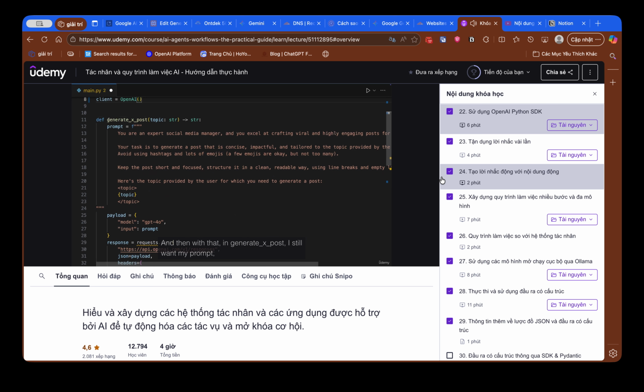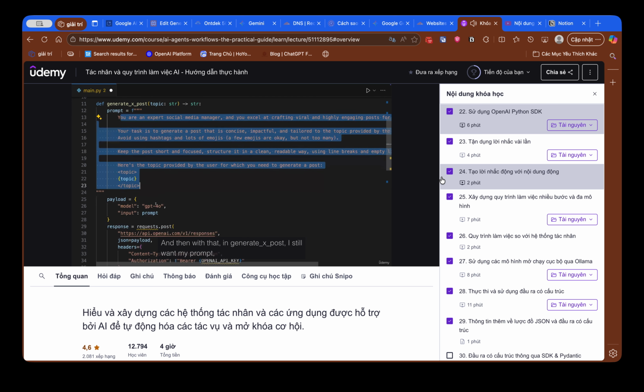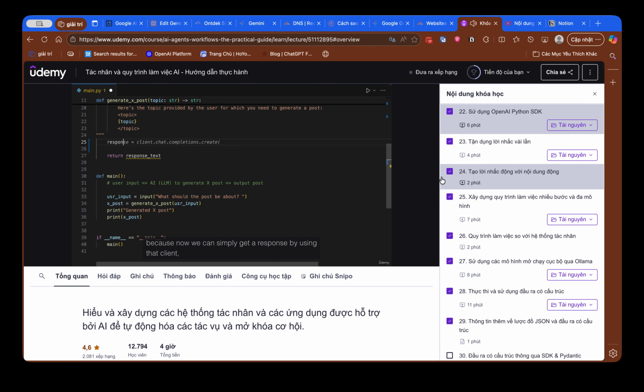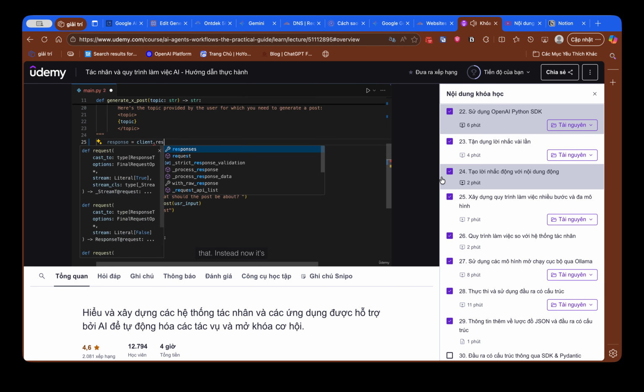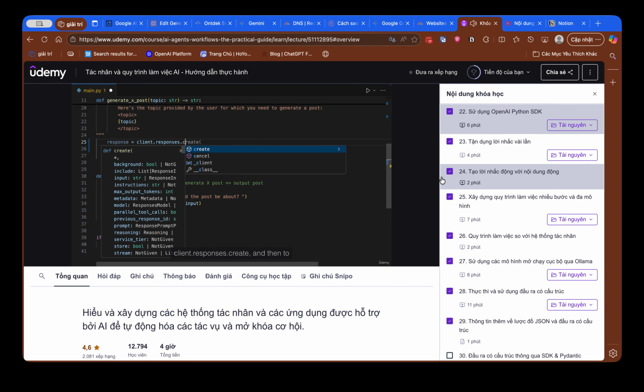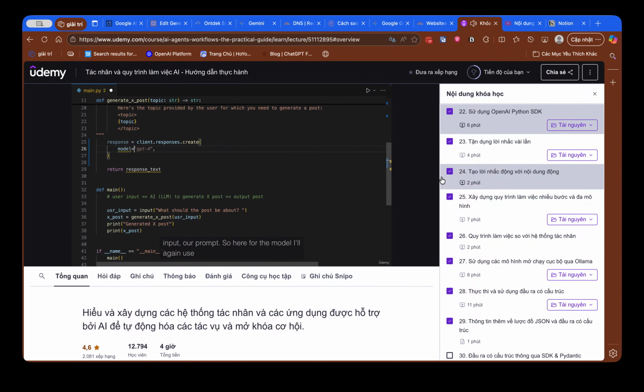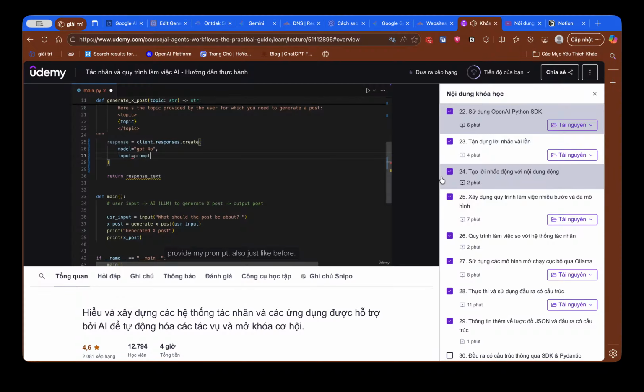And then with that, in generate xpost, I still want my prompt, but this part here changes now. Because now we can simply get a response by using that client. And now the suggestion here is actually for the old API, so I don't want to use that. Instead, now it's client.responses.create. And then to create, we pass at least 2 parameters where we tell OpenAI which model we want to use, and then again our input, our prompt. So here for the model, I'll again use GPT-4o, just like before, and for input, I'll still provide my prompt,